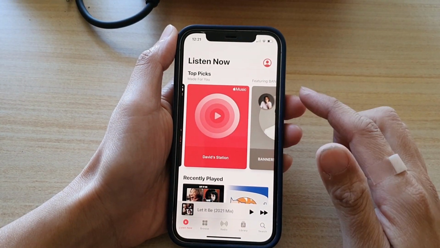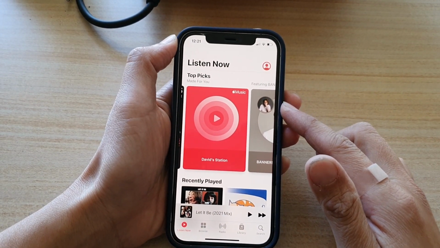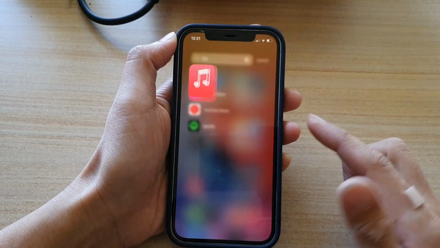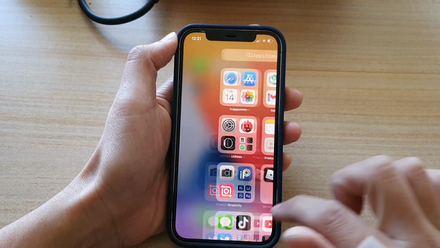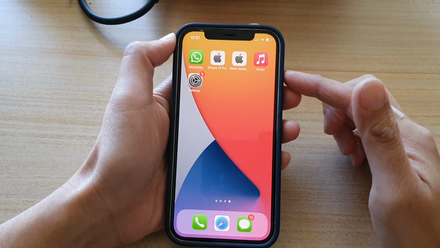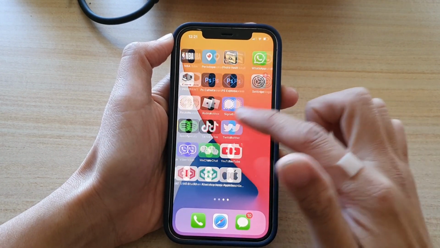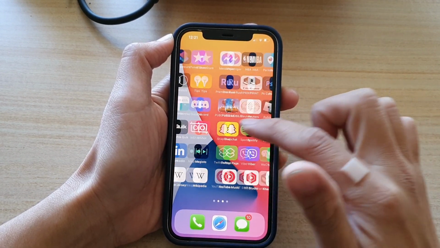Hey guys, in this video, we're going to take a look at how you can play music on your iPhone 12 or iPhone 12 Pro. So first, let's go back to your home screen, and on the home screen, swipe across the screen and look for